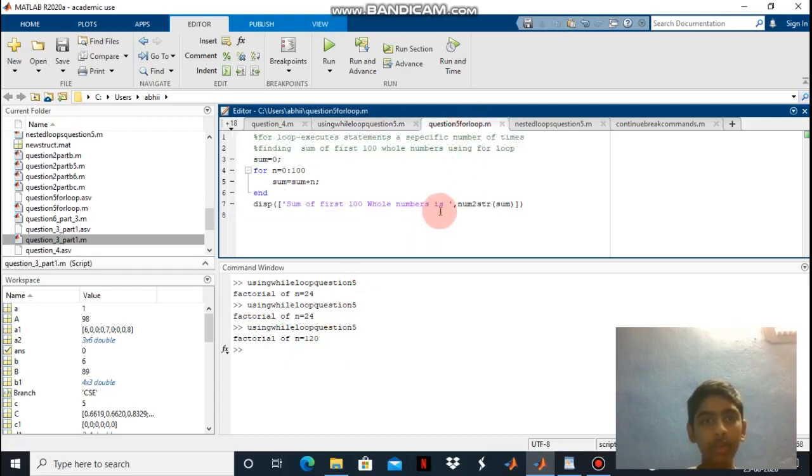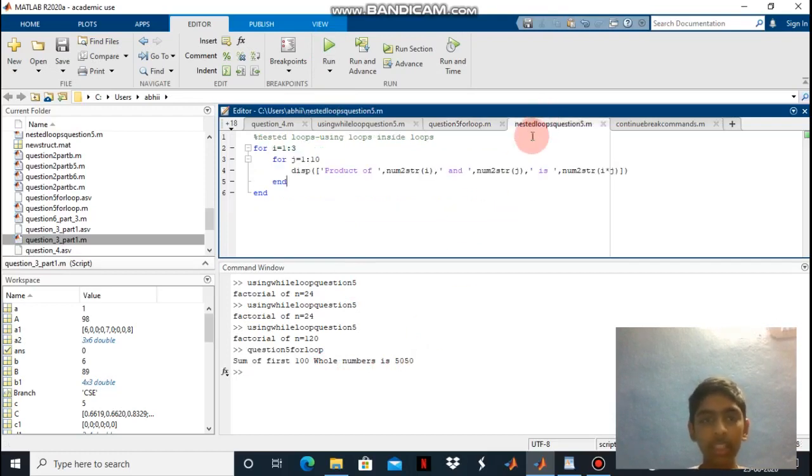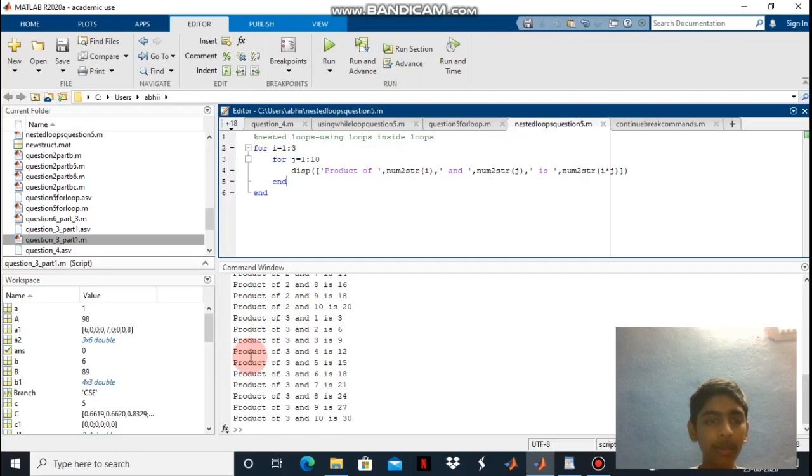And here I use a for loop for finding the sum of the first 100 natural numbers. So when I run this program, you can see the sum of the first 100 natural numbers is 5050. So again, I use nested loops for finding the tables of 1 to 3. So when I run this program, you can see 3 into 3 is 9, and